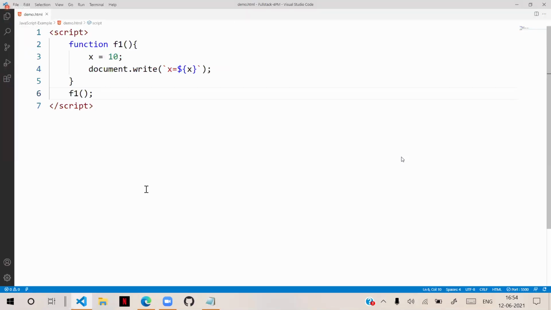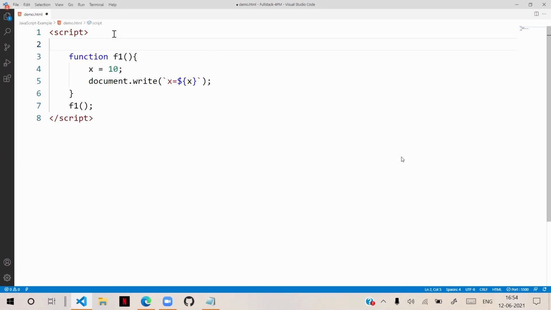What you have to do is, after this script element, if you are writing embedded, after that script element, before writing anything in JavaScript, you have to write the first line, "use strict" and a semicolon. This is what we have to write.